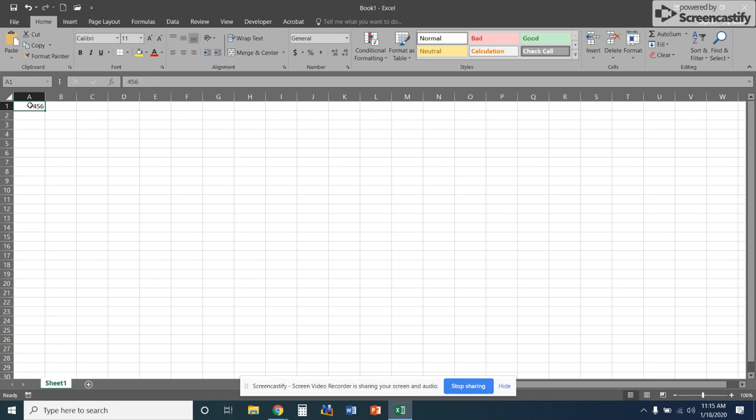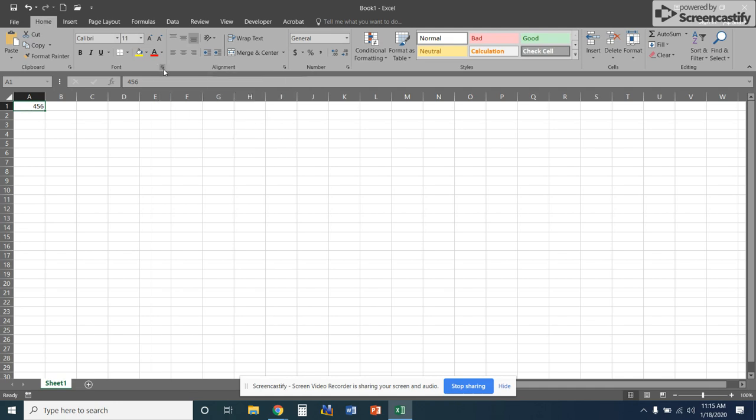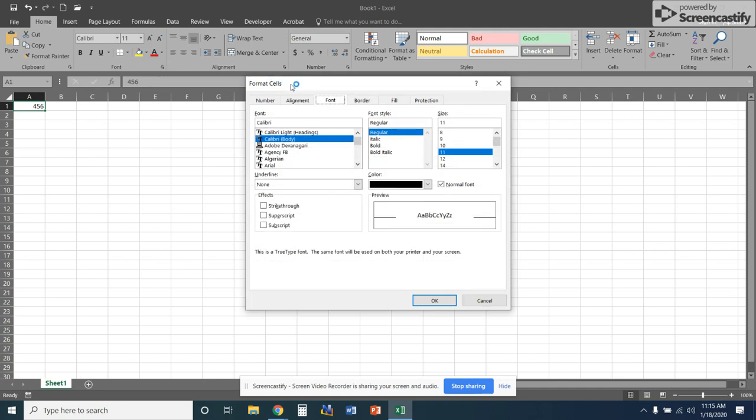So select the A1, and on your Home tab, this is your Home ribbon. In the font group, this is called the dialog box launcher. This little arrow at the bottom right hand corner. So if you click on it, it opens a dialog box titled Format Cells. And what we're going to do with this,